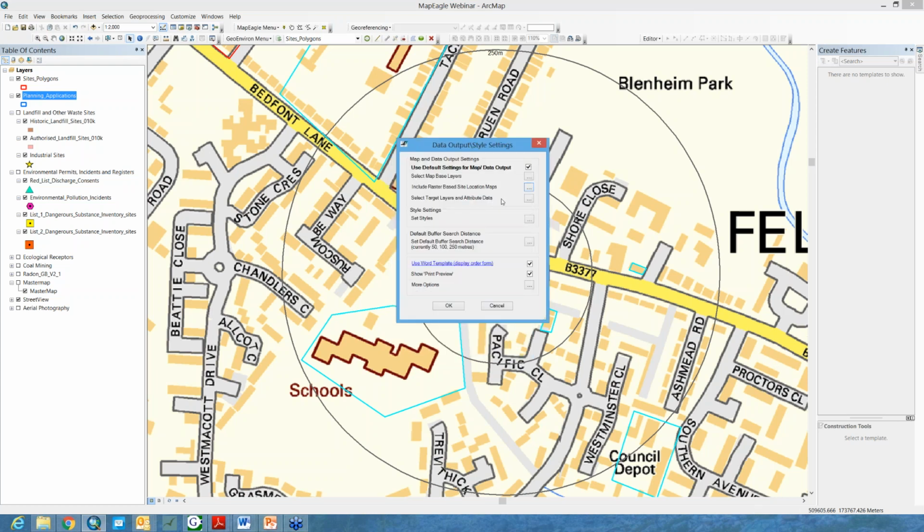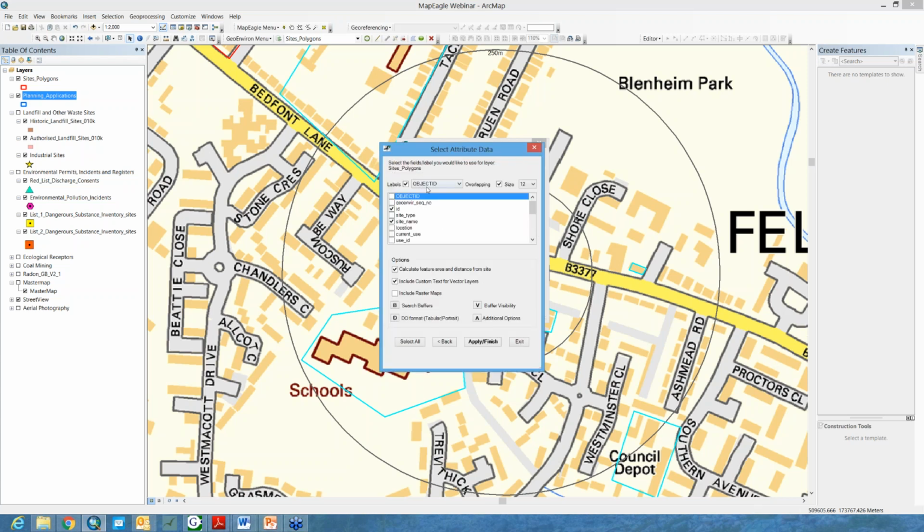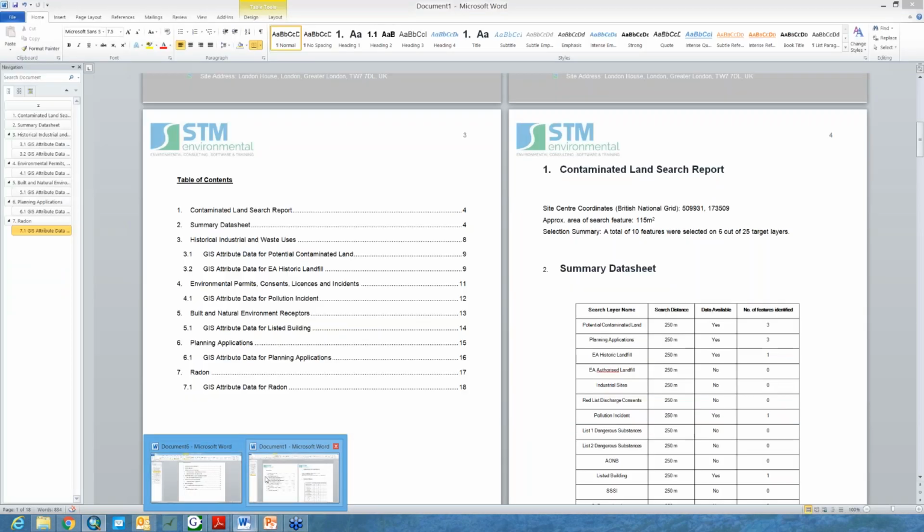And this is sort of the main point here, the target layers and attribute data. So what we've got here, as you can see, is all the layers that we've got in our GIS listed here. And what I've done is I've gone into each one. If you remember the table from the document,